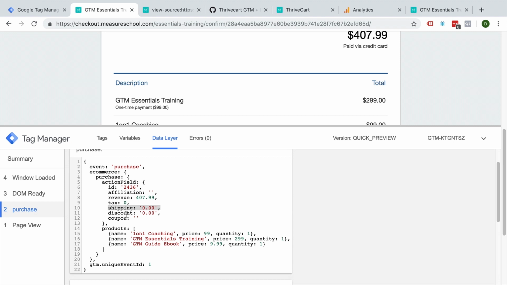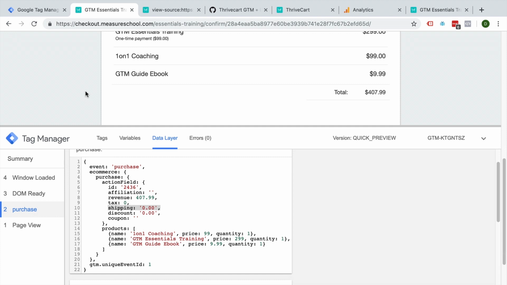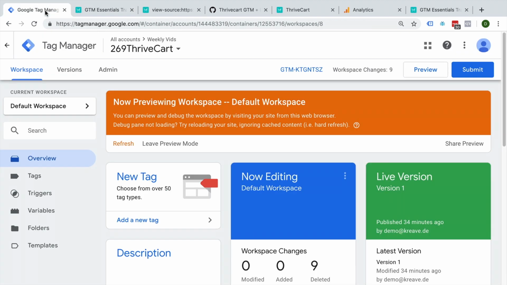As mentioned, discount and coupon will always stay empty unless you change this around somehow, because currently we cannot pull the information about the coupon into our data layer, unfortunately. Now that we have all the information that we would need for enhanced e-commerce tracking in the data layer and it's formatted correctly, let's set up our Google Analytics container so we can actually send that information on to Google